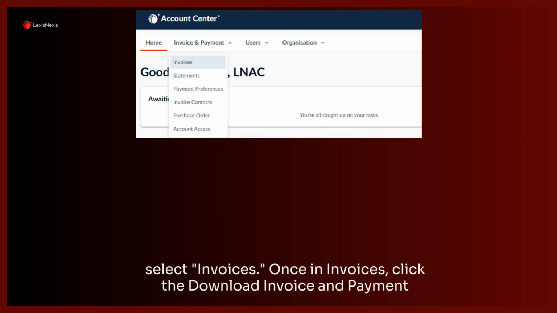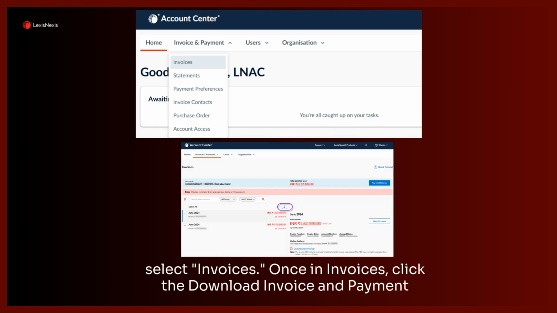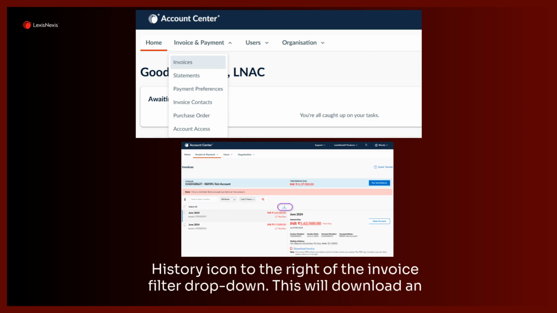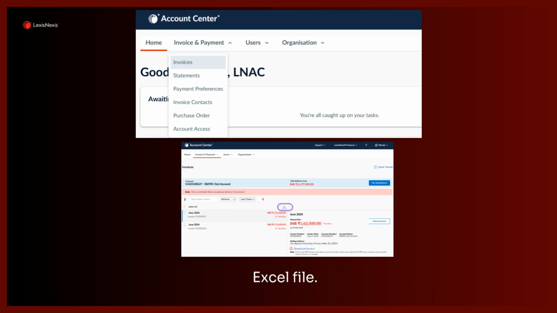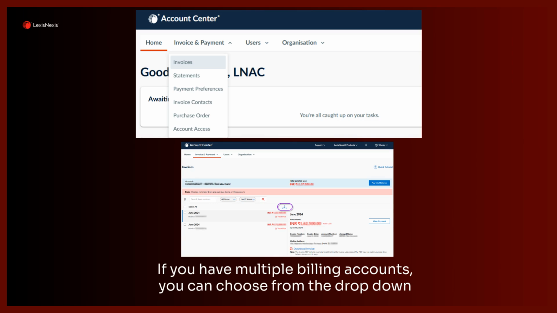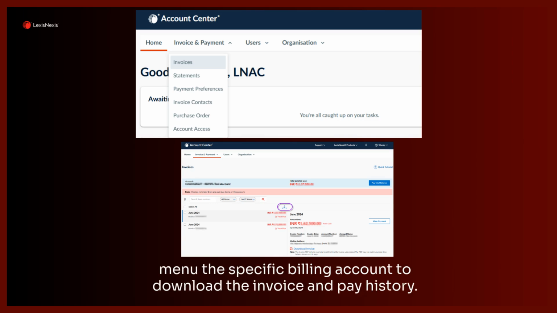Next, select Invoices. Once in Invoices, click the Download Invoice and Payment History icon to the right of the Invoice Filter drop-down. This will download an Excel file. If you have multiple billing accounts, you can choose from the drop-down menu the specific billing account to download the